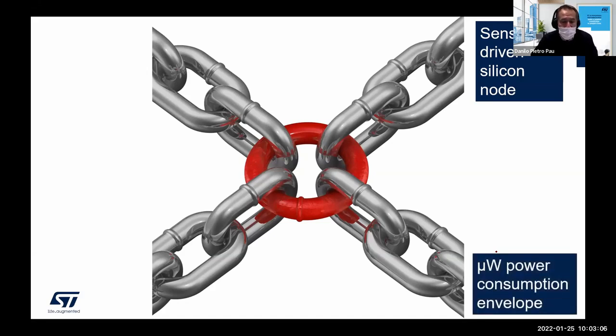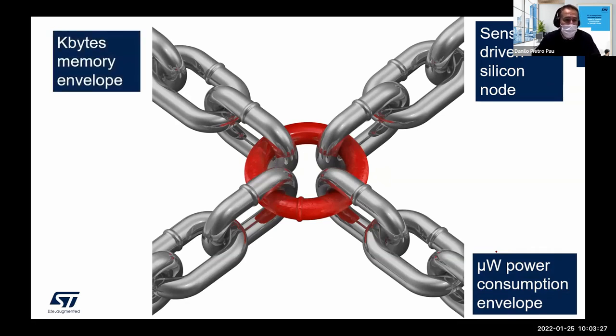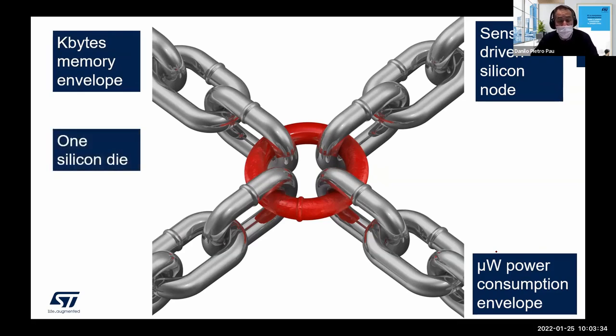Power consumption: microwatt. I cannot add logic which consumes more than the sensor itself. The sensor in a certain mode consumes microwatts. The AI logic needs to consume a microwatt. There is no point in putting together microwatts with milliwatts. These are different orders of magnitude. Memory: a few kilobytes. There is no way. There is no space for a lot of memory, and there is no space to use silicon node scaling to have more silicon area. Same silicon die of the sensor.